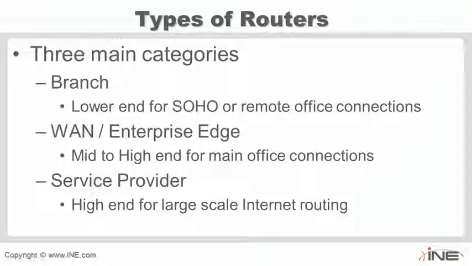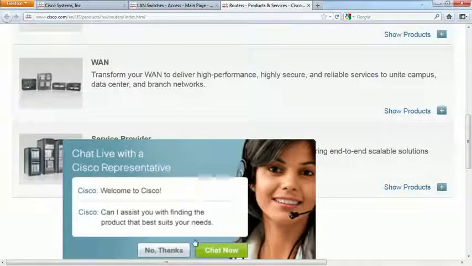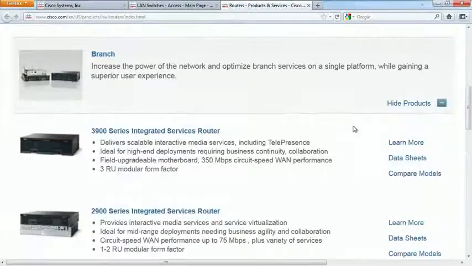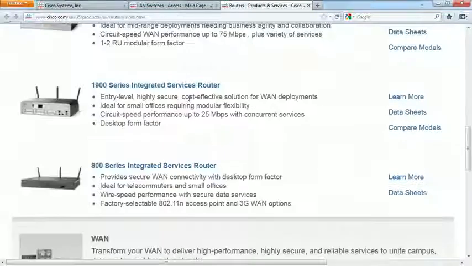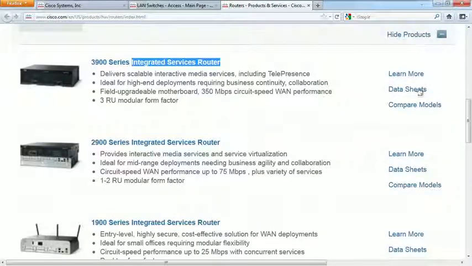Now, if you likewise look at the products, it's going to be separated similar to how the switches work, where we have the branch routers. These would be what they call the current ones, the integrated services routers, or the ISRs. This would be like the 1900, 2900, or 3900 series. The ones before that, if you click on to compare the models or look at all of them, generally these ones are going to be,